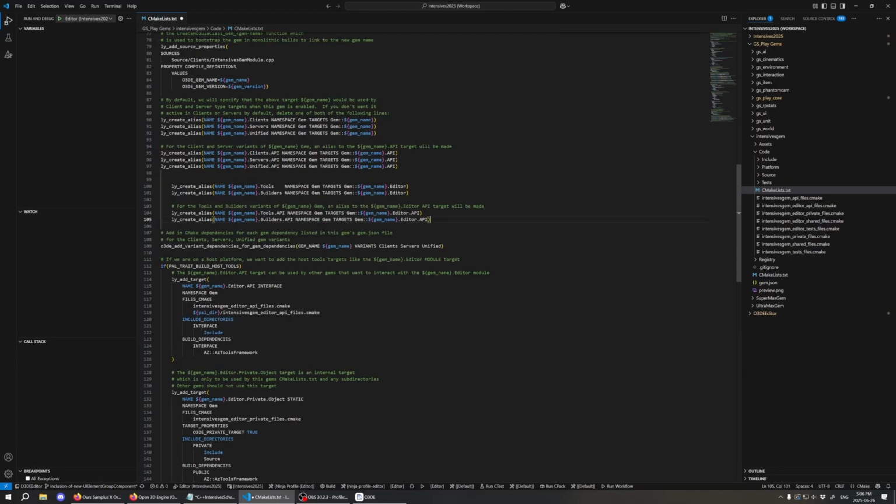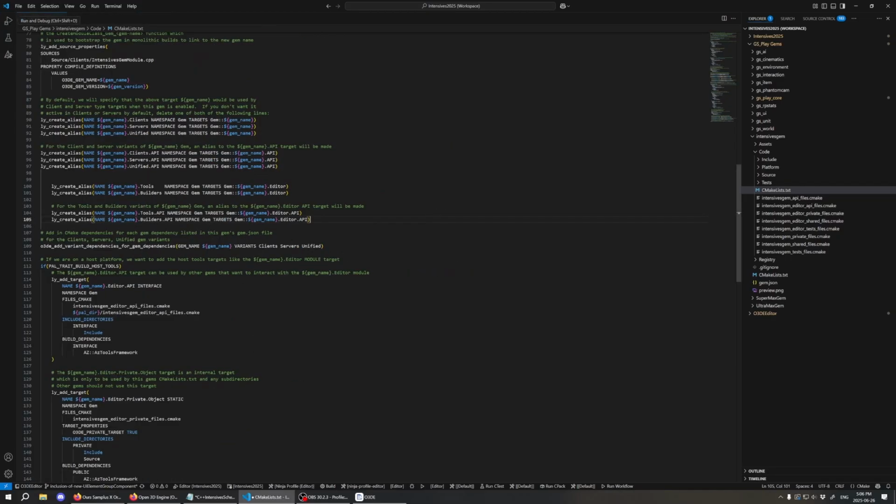Oops, sorry, I didn't want to build that. Paste them here. So now we're saying we've got all these guys. Now we're going to tools and builders, and we're just removing the editor here and removing the editor here, and then adding tools and builders. So what we're doing here, and again, you'll learn this over time as you build gems and as you need more complicated use,